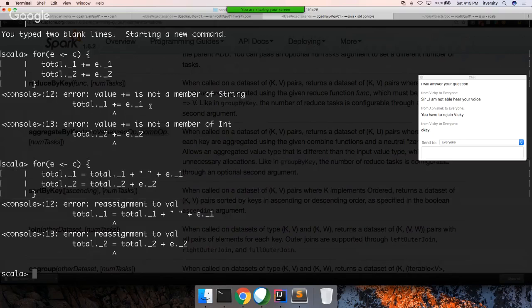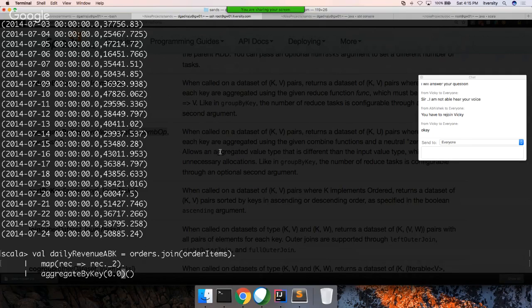Okay. So the bottom line is, depending upon your final output, which you are trying to get, your total variable should be initialized, and that is what we have to do here. Okay, if the final value type is of type tuple, you have to initialize it to a tuple. If it is of type float, you have to initialize to float. If it is of type integer, you have to initialize to integer. And then